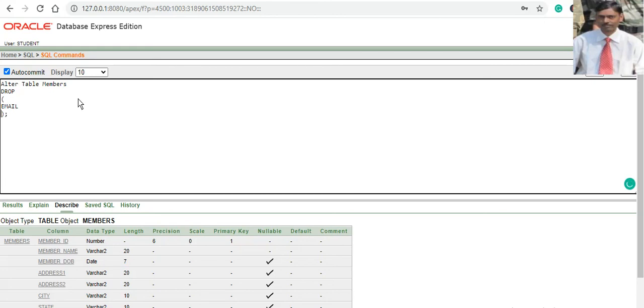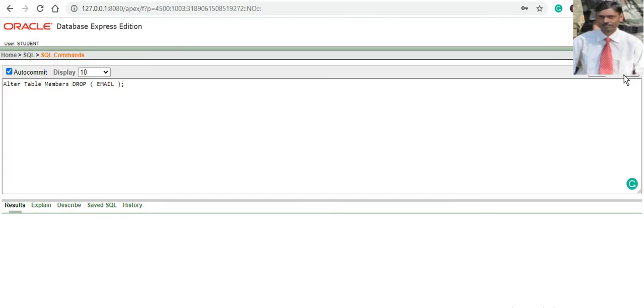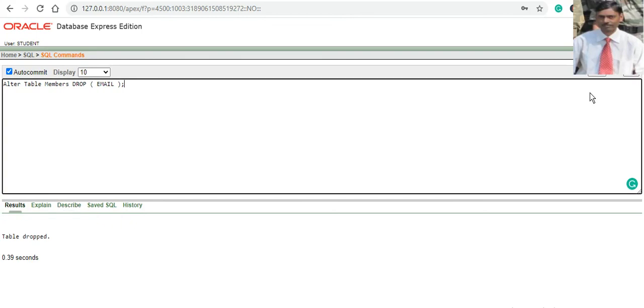One more thing I want to explain: it is not necessary to write each and everything in a single line or multiple lines. You can write the complete command in a single line also. It will execute that command also. Actually, it terminates with the help of the semicolon. Look at here. Table is dropped.